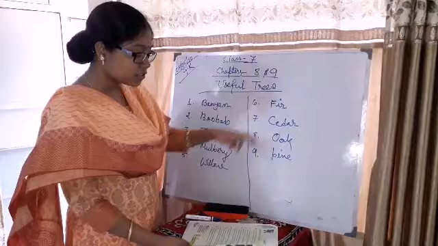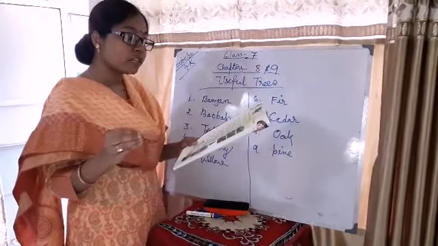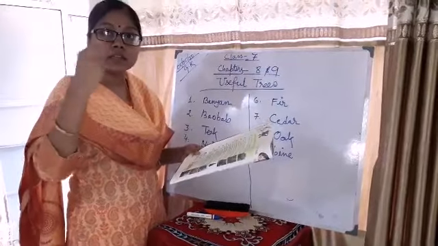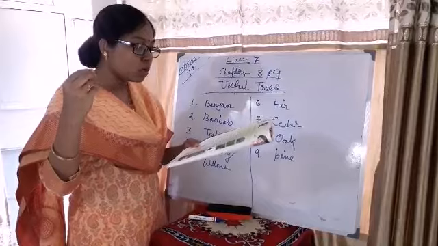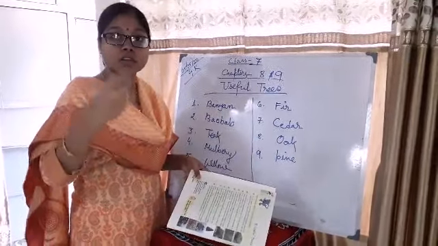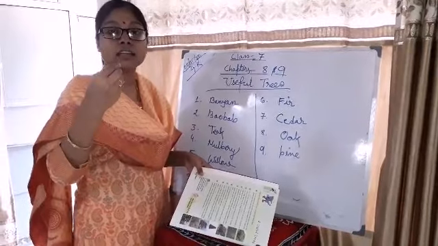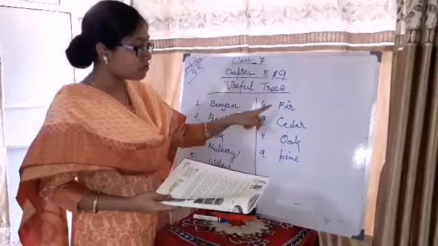Number 6 is fir tree. Which kind of tree is it? It is an evergreen forest tree with leaves like needles. The leaves look like needles. And it grows in cool northern countries. It looks like a Christmas tree. The leaves look like they are pricking you, like pine needles. So it is the fir tree.